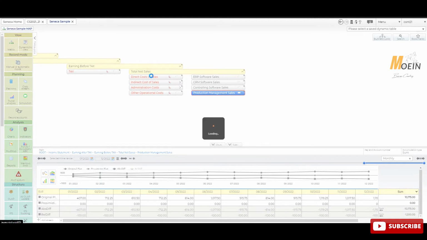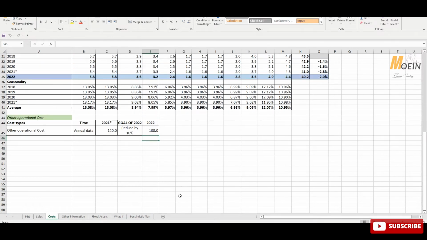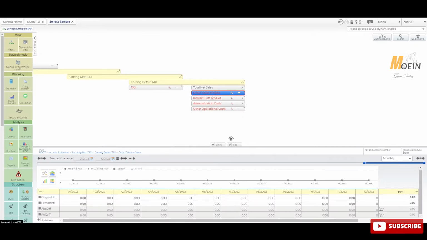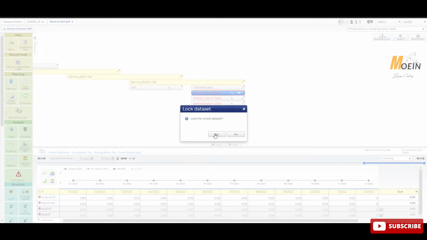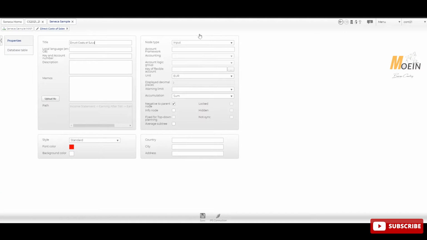So for the direct costs, what do we have into the cost? You have to select the cost. For the direct cost, we have 81.7% of total sales, which is we have to go back here, go to the business logic again and lock it again, and go to the edit, and here in the top right, instead of input, you have to select formula,